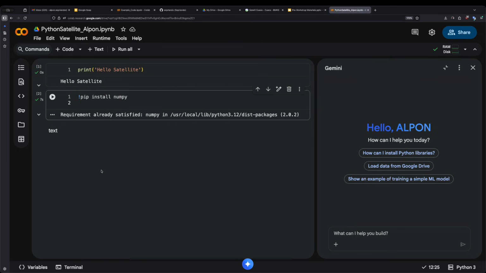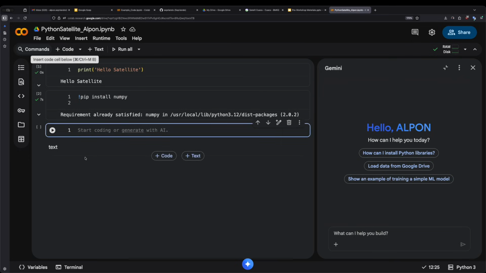But satellite related libraries like SatPy and CartoPy are not installed by default. Let's try to install one. Pip install cartopy.